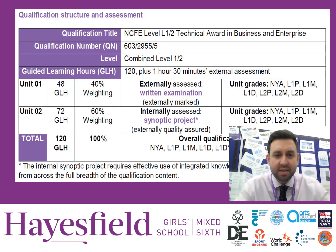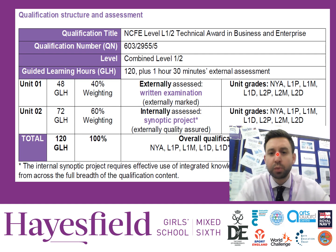So as you can see, this is the real breakdown of the qualification. So firstly, Unit 1, 40% of the qualification. Unit 2, 60%. As you can see, the overall qualification grades range from not yet achieved to a level 2 distinction star. When we relate these two levels of grade 9 to 1,